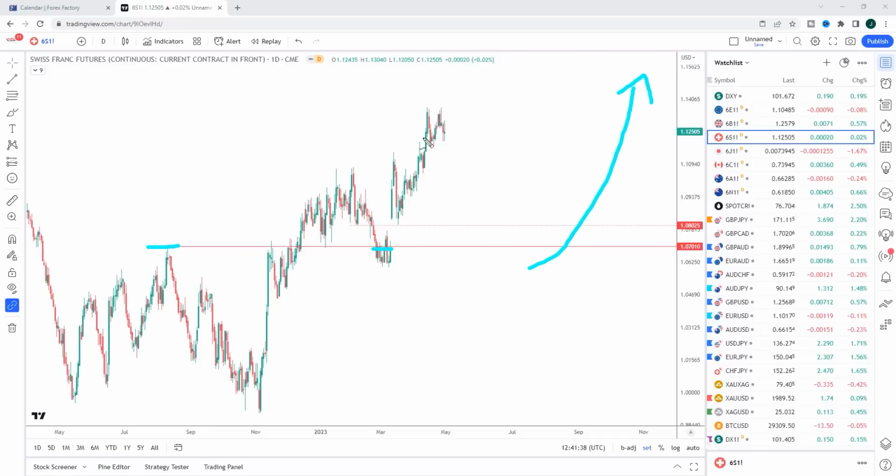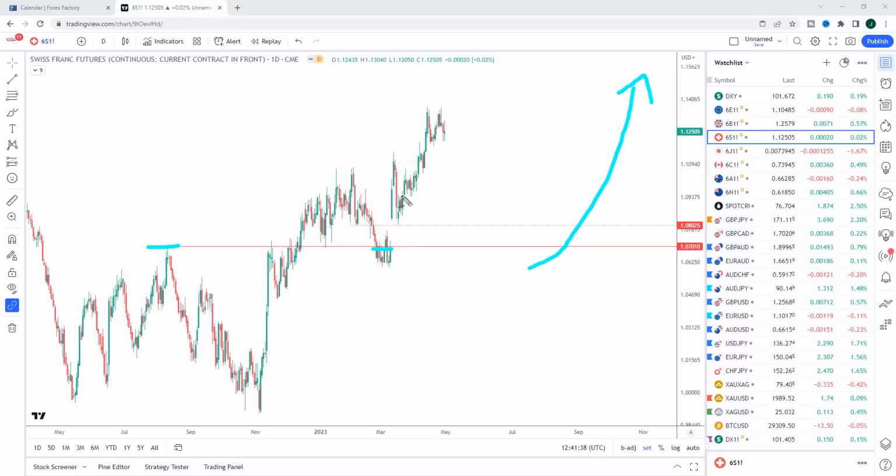And the problem is we have actually started to stall out up in this area. And the scorecards, which again, don't forget, we haven't seen a reversal in the Swiss franc yet. This is making higher highs and higher lows. But the scorecards are designed to be predictive. They're not a crystal ball. They can't predict things 100% of the time.